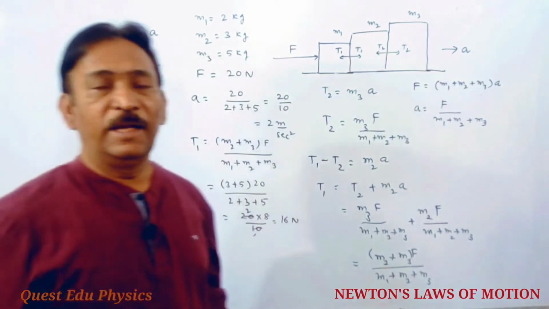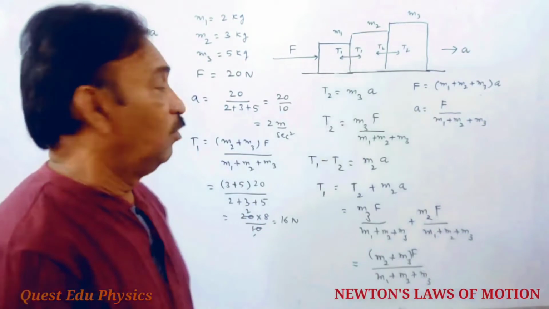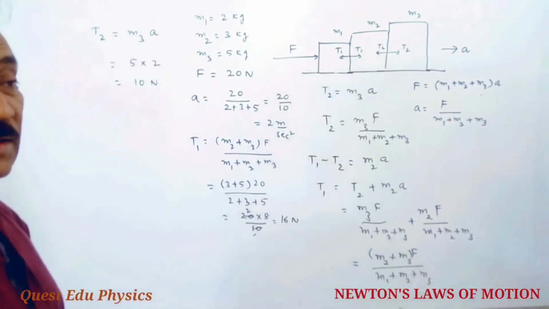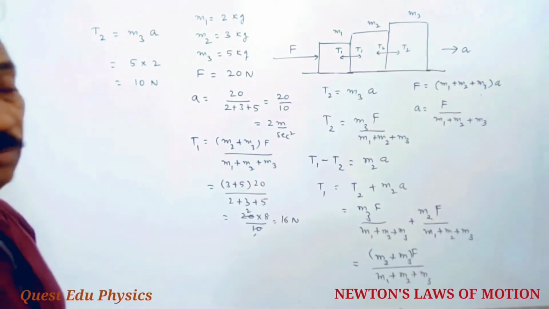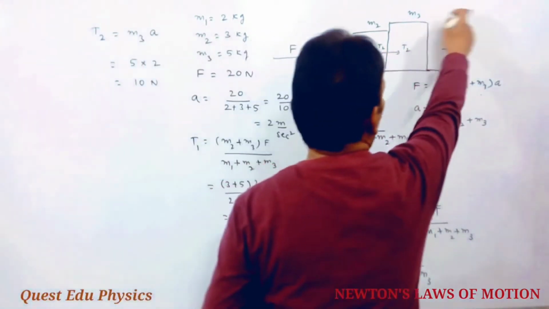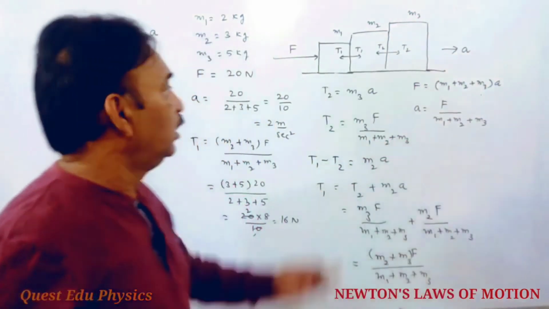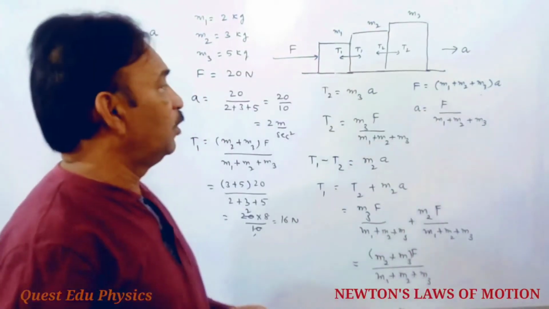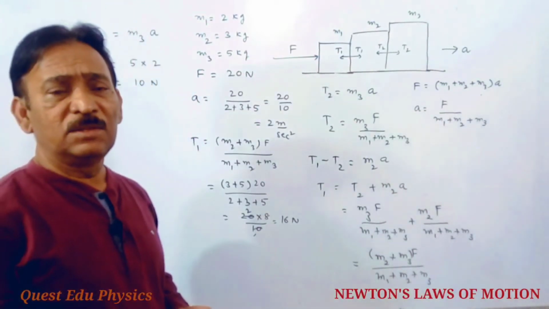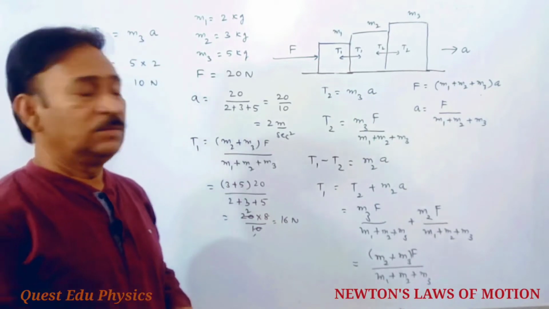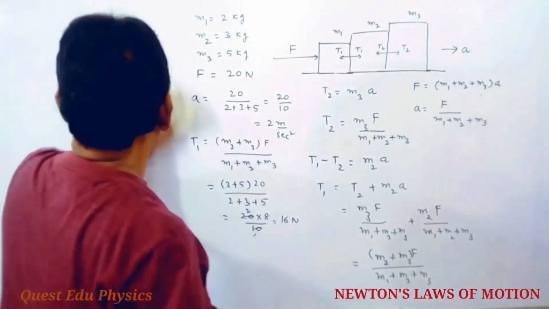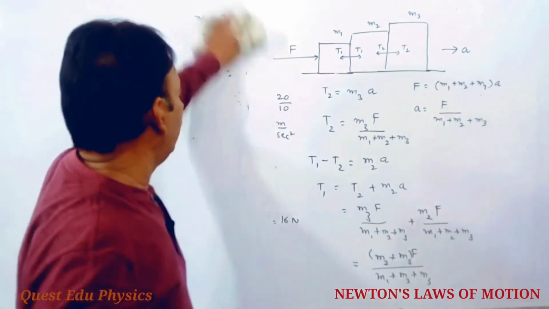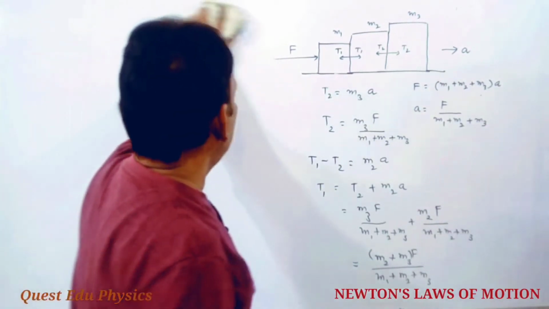Okay, in this way you can find out the tension as well as the acceleration in case of the three body system, and you have to adopt the same system for the four body or five body. Even if it is pushed or pulled, you have to apply the same relations. Okay students, here it can be asked in another way. See the students,